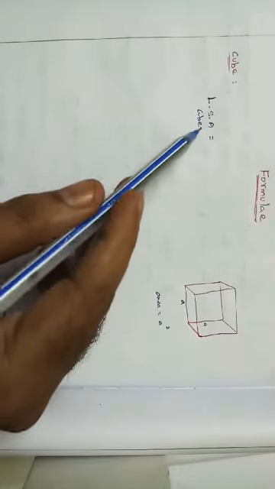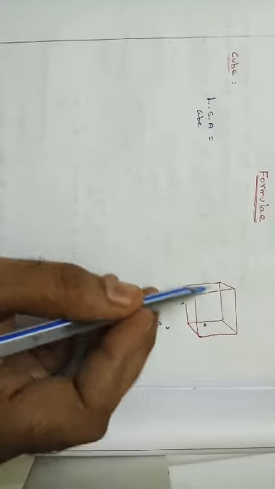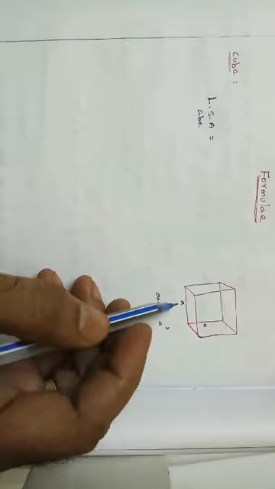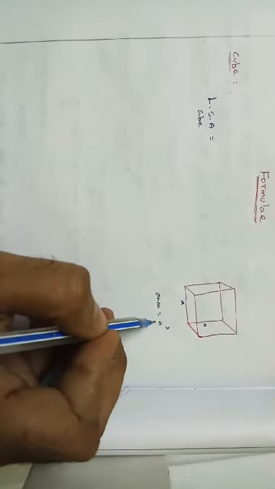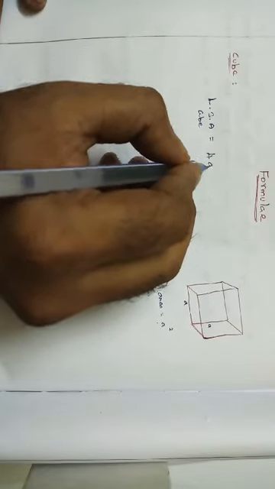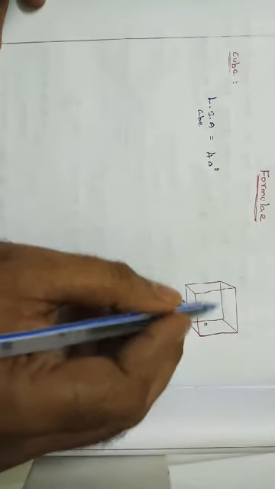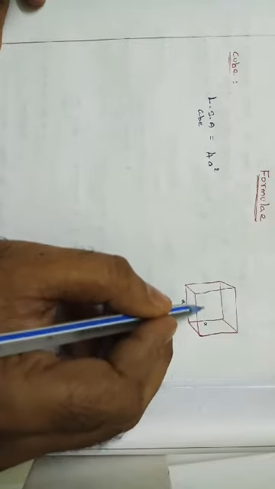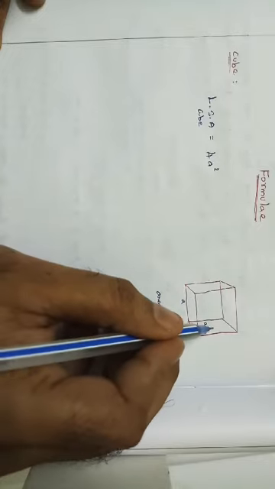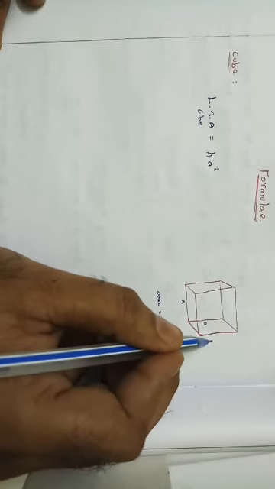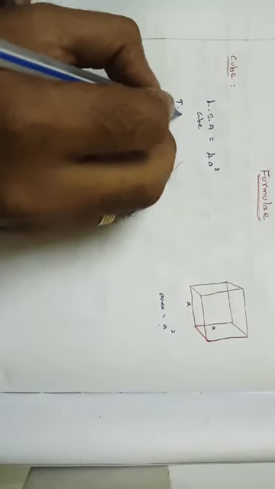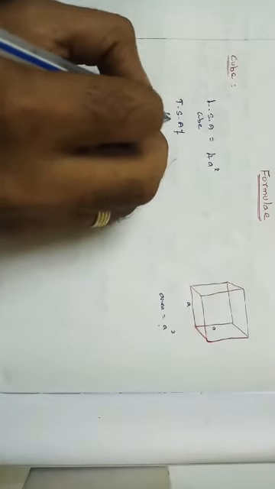So lateral surface area means 4 squares. The area of a square is A square, then the area of 4 squares is 4A square. The area of one side is A square. Totally how many squares are we calculating? 4 sides. So A square plus A square plus A square plus A square, totally 4A square. And TSA of cube is equal to